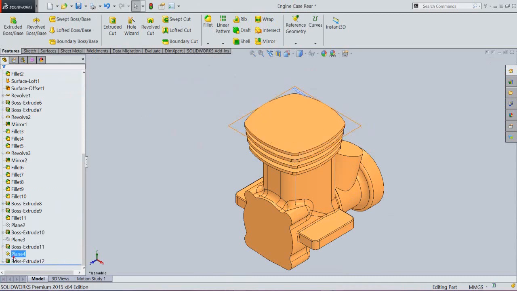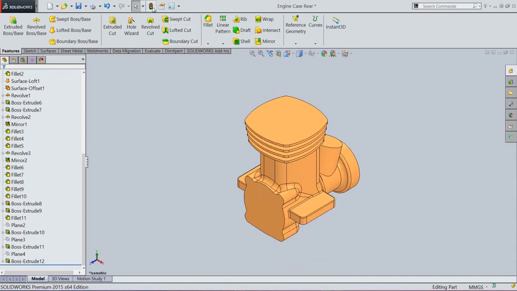Now you can see here my feature is created one by one like this. It's looking very nice.